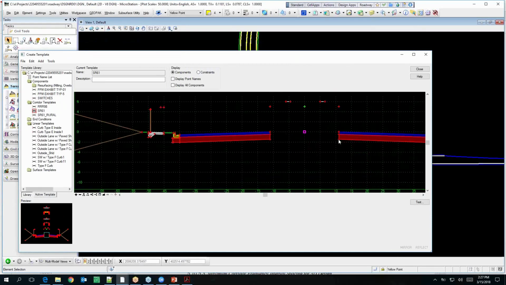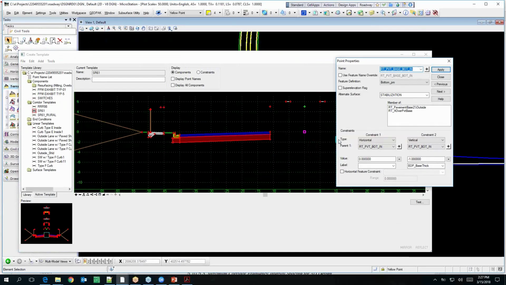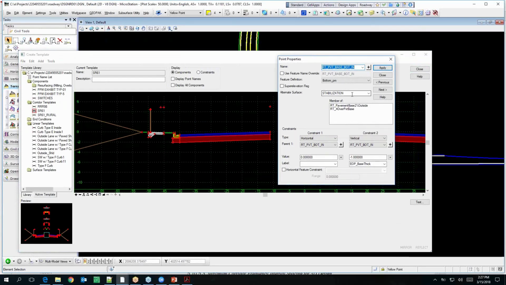Like that one right there. And right now it probably says stabilization, okay? So you could put that same alternate surface on all points that you wanted to be your bottom surface. See what I mean? Yeah. And then there's an option in the tools under corridor to create alternate surfaces, which is, I believe